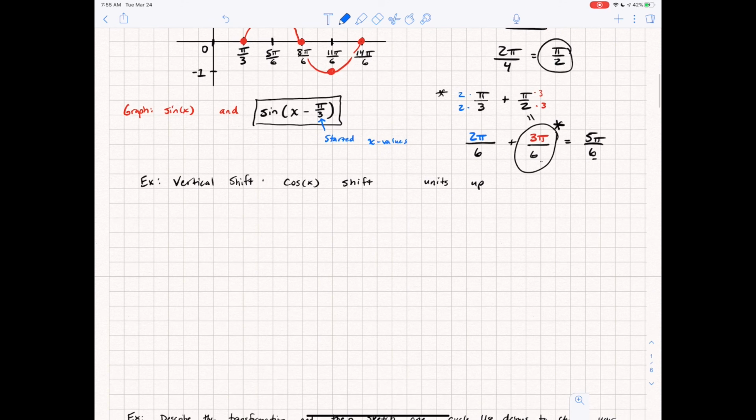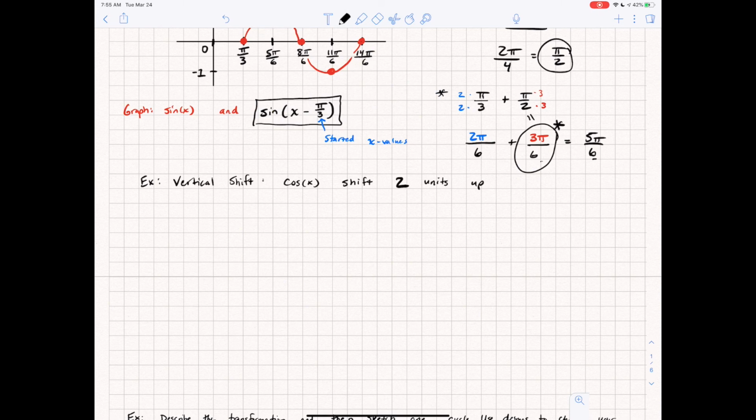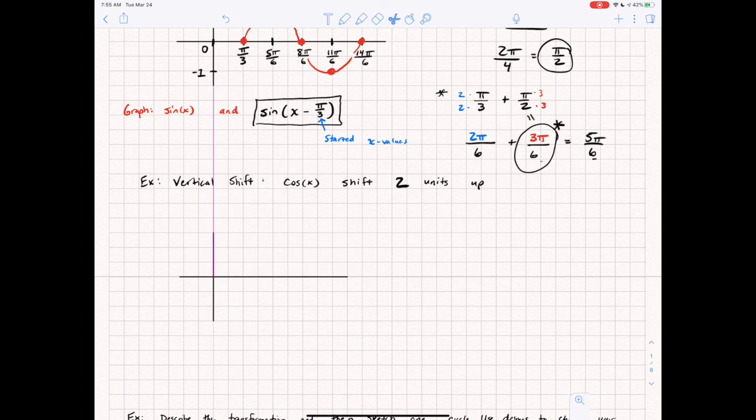All right, so now let's look through and let's do a vertical shift for cosine. All right, let's go through and shift cosine. Let's do 2 units up. So this time we're not shifting to the left or right. So let's go ahead and go to my graph. I'm going to move this off of the page break. There. Actually, never mind. All right, and